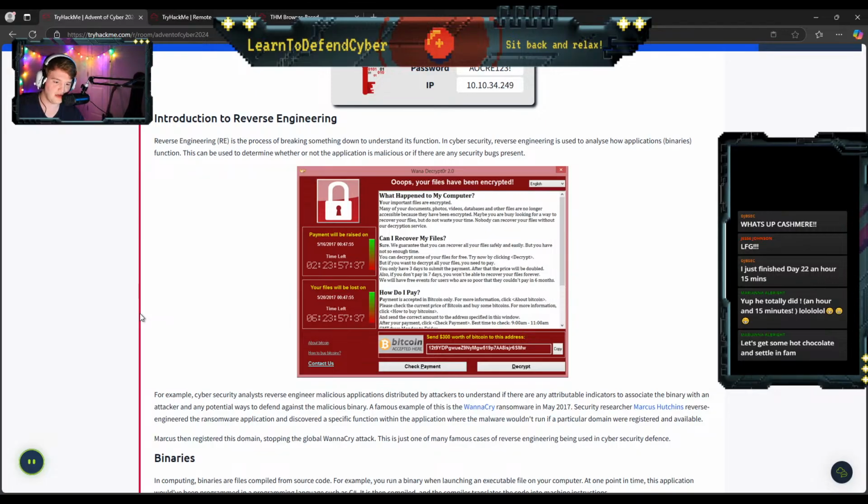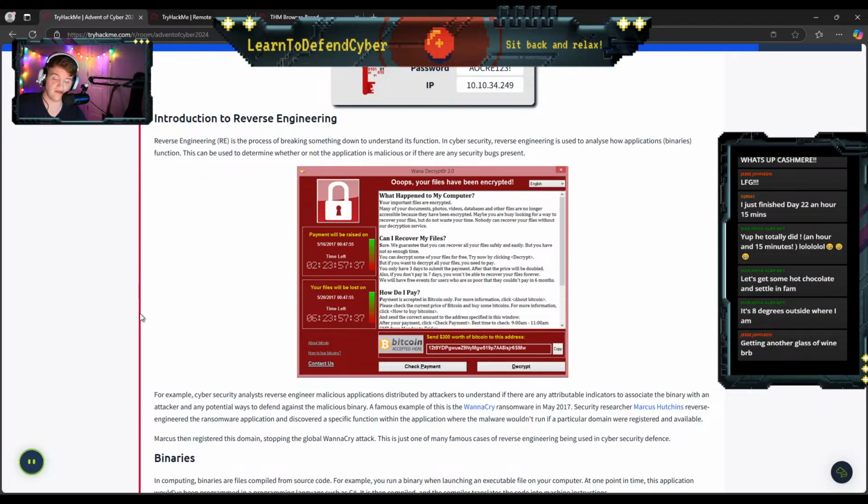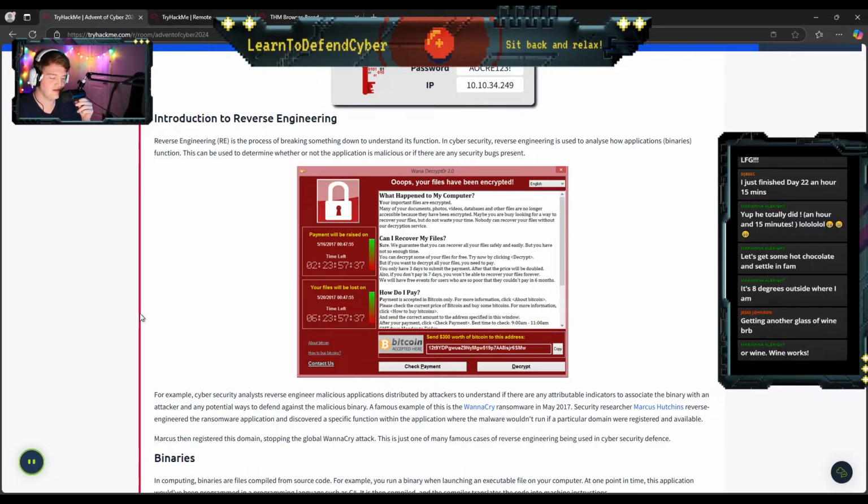WannaCry, if you did not experience it, good for you, first off, because it hit a lot of places. I remember it hitting grocery stores. It's not necessarily the grandfather of ransomware, it's what made ransomware popular. People realized that they could do this and actually have it work. This is when single extortion was all the rage. Just encrypt the files and then, you know, hey, sell whatever data is there. Then double extortion came and they're like, okay, you got to pay us to delete the data and you got to pay to decrypt. And then triple extortion, blah blah blah. It's getting worse because they want more money. They're just getting greedy, right?